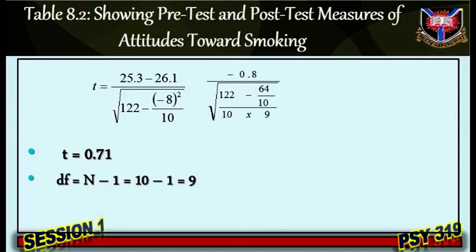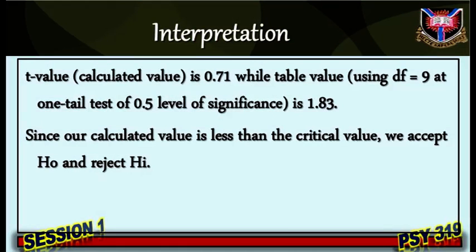DF is equal to N minus 1, is equal to 10 minus 1, is equal to 9. Interpretation. From the calculation, our T value, calculated value, is 0.71. This will be compared with the table value using DF equal to 9. At one tail test of 0.05 level of significance, the critical value is 1.83. Since our calculated value 0.71